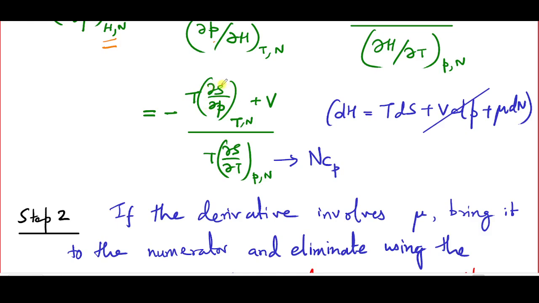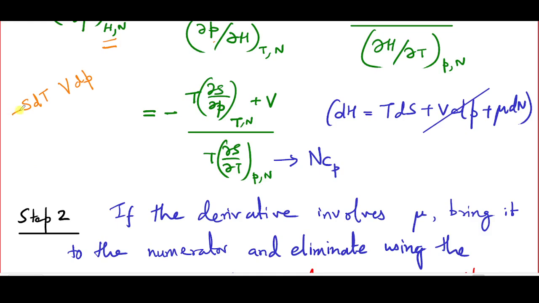I need a relationship involving del S del P at constant T. And this fact that you are differentiating S shows that we have to look for S dT in the differential of whatever thermodynamic potential we are looking for. And the fact that you are differentiating that with respect to P would mean you would need a dP here. And so, of course, that should come with a V. Now, S dT